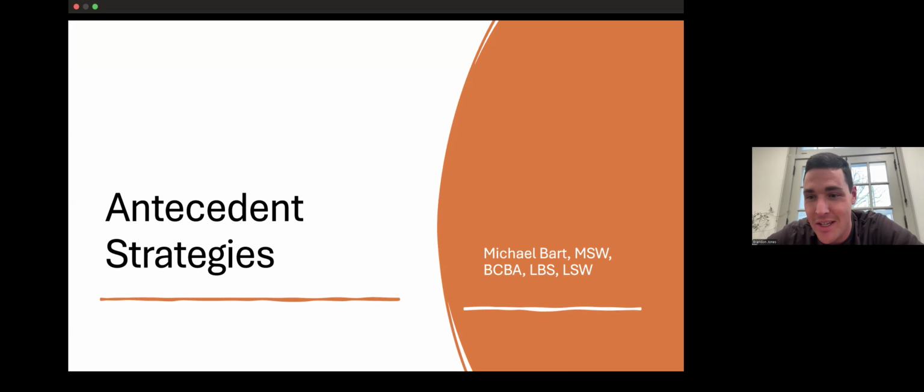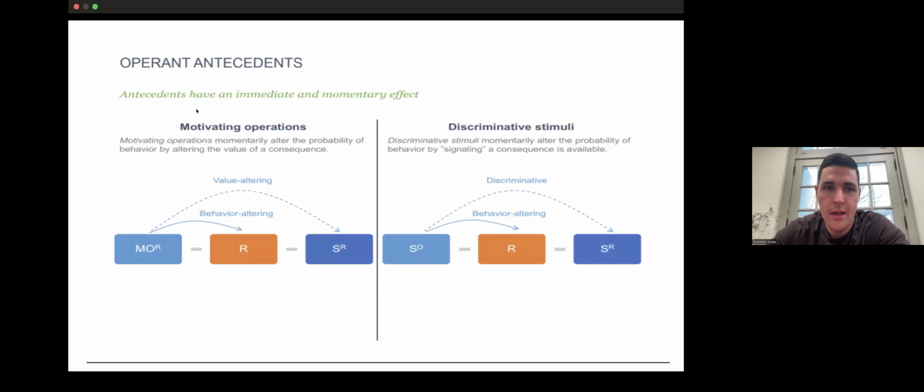So yes, like Joanne said, antecedent strategies are basically something that we want to try to do before we get to the problem behavior. Before we started this meeting, we were even considering doing a de-escalation training too, which is actually an antecedent strategy. We want to implement these strategies the best that we can to avoid any kind of problem behavior that might be happening. And this is the presentation on it, so we'll get right into it.